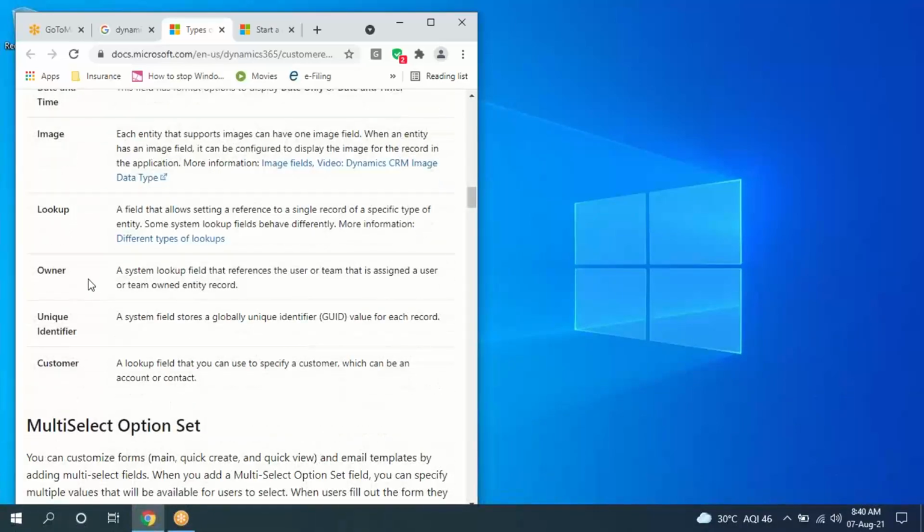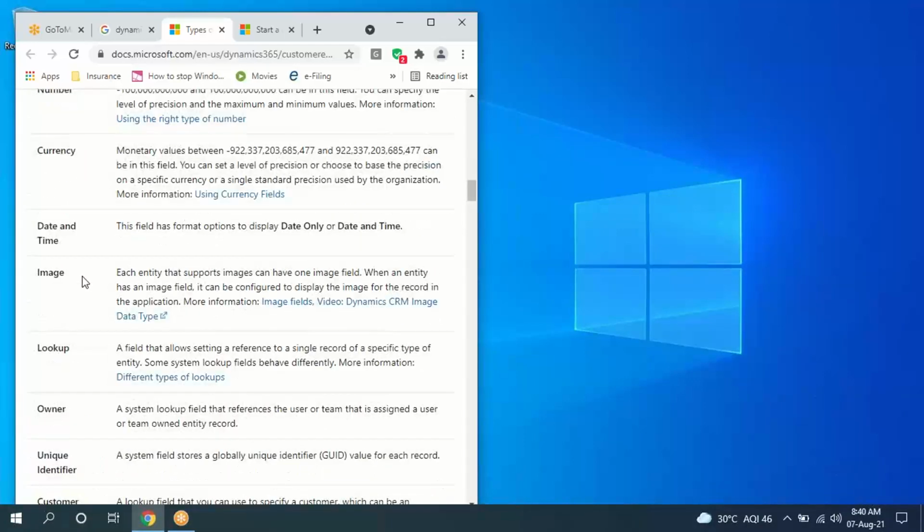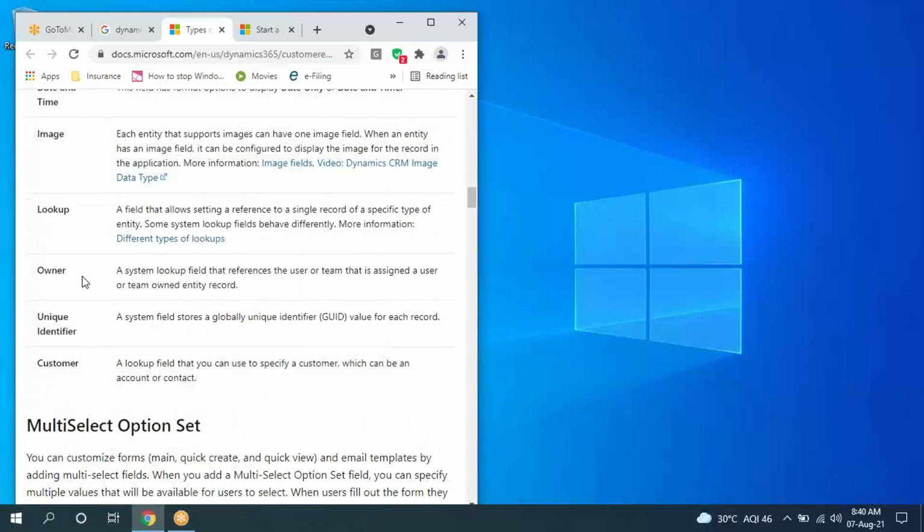And the owner. As I told you before about the status field, we have a field called owner field as well. The basic usage of this owner field is, let's suppose I logged in and created a record. How will we know that I have created the record? I will be set as the owner. If I created a record, I as the owner have the